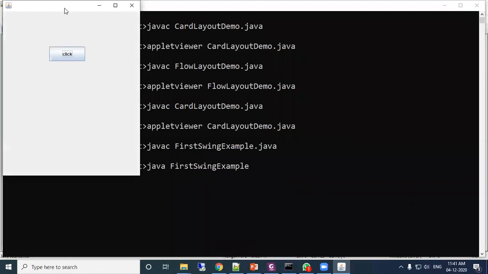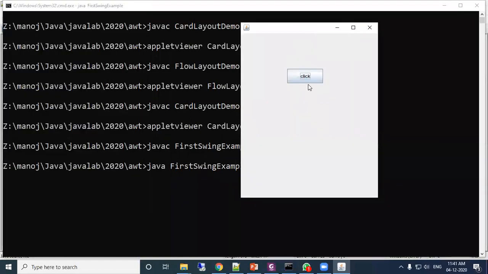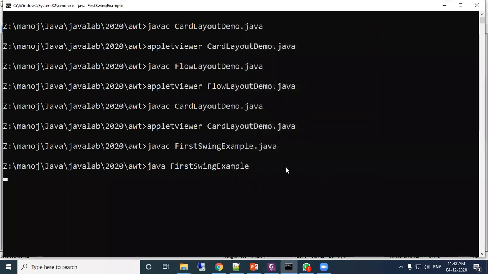Just see here the look and feel of this. When I move the mouse, automatically it is highlighting. In the AWT it is not there. When I click it, this look and feel is different from the previous one. So this is the main basic difference between these two.